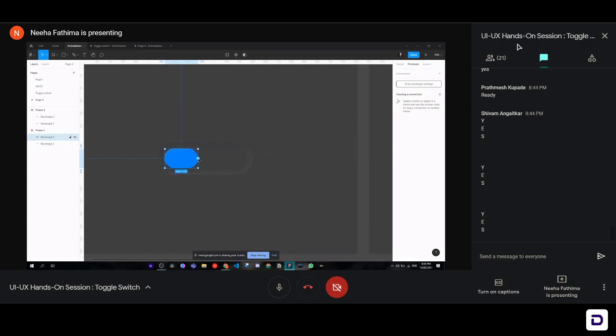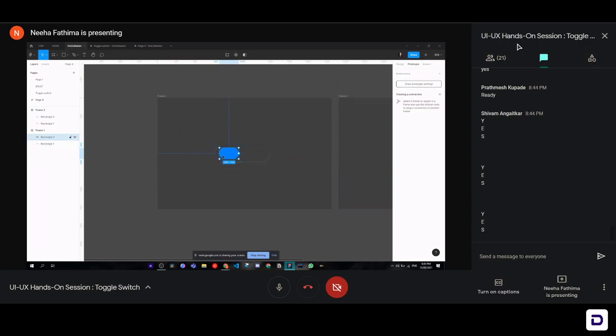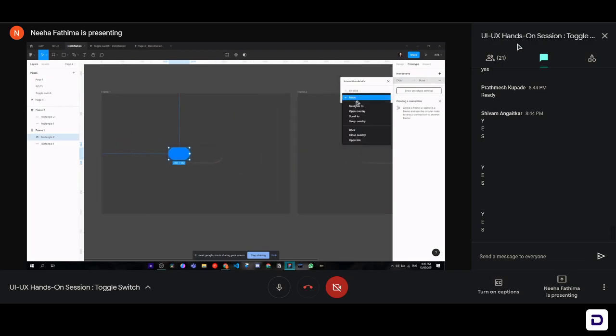You can either select that and drag it to the next frame, frame 2, or simply select the frame, go to prototype, and click on interaction. You'll see this little plus appear over here. You'll click on that. And what we want to happen is that on click, this frame navigates to frame 2. So we will click on navigate to frame 2.